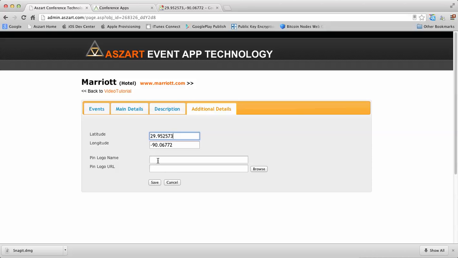The pin logo name is an image name that you want to have showing on the Google Maps. By default it will just be a red pin. You can actually upload a 64 pixel by 64 pixel image to specify what that pin will look like. But for the moment just leave it blank and speak to Azart if you want to have a specific pin shown on the map. So again, press save, and once we've done that, we should be able to go back